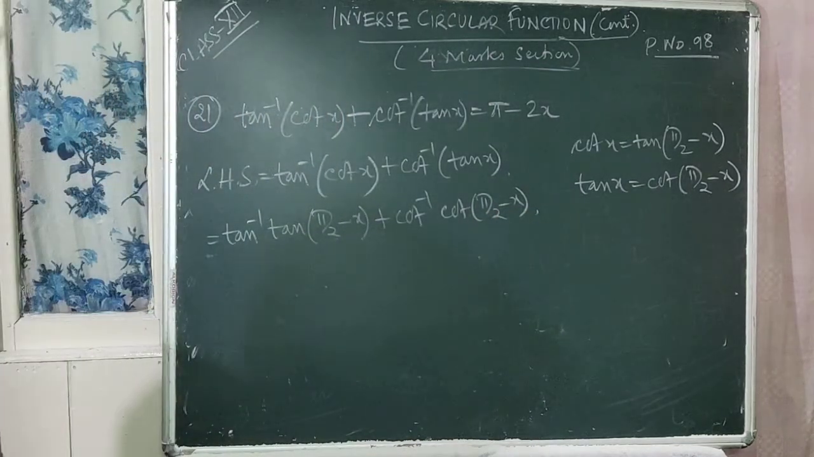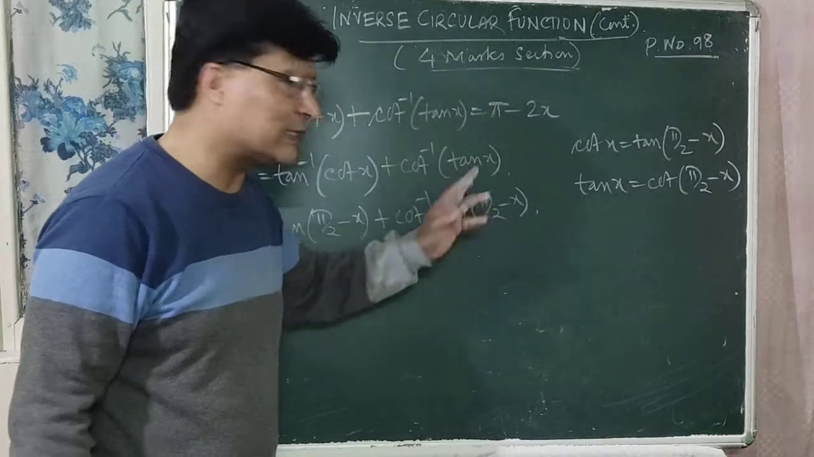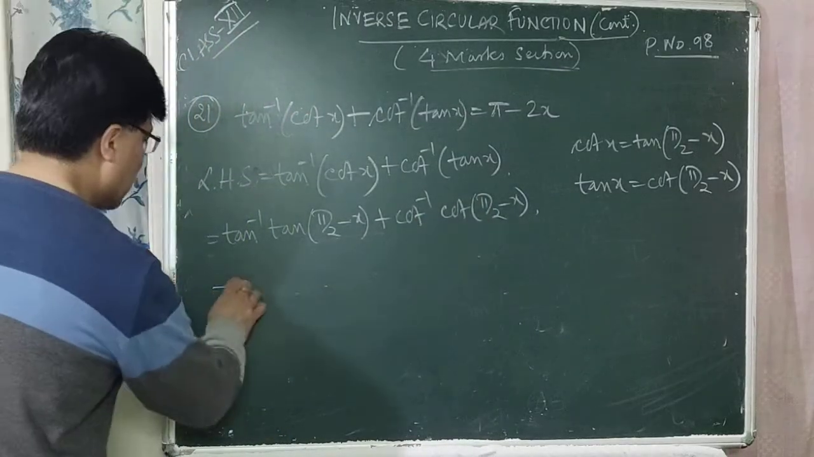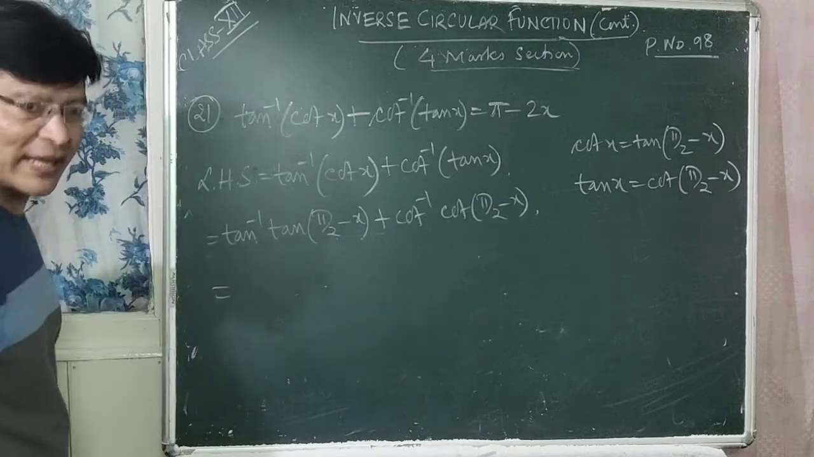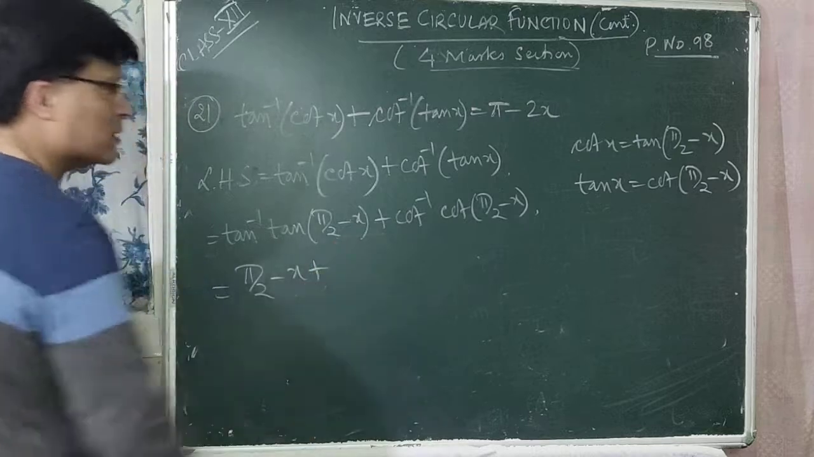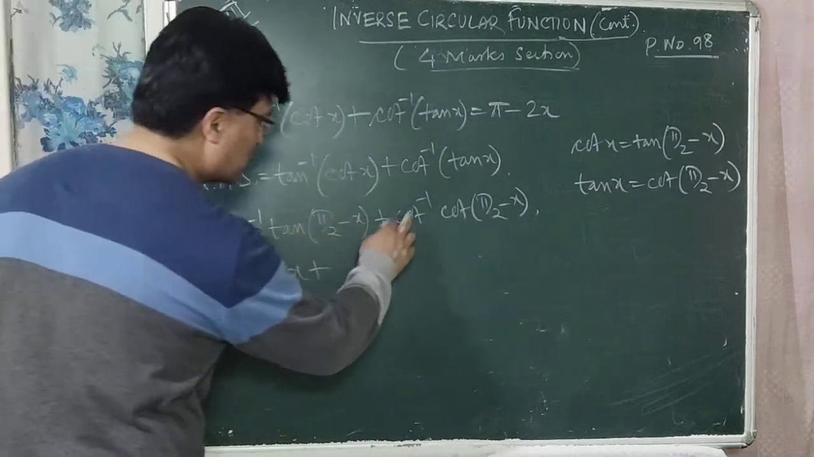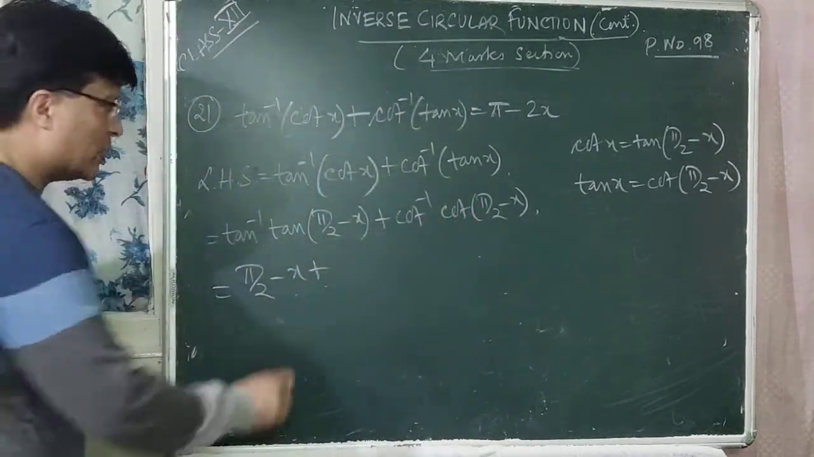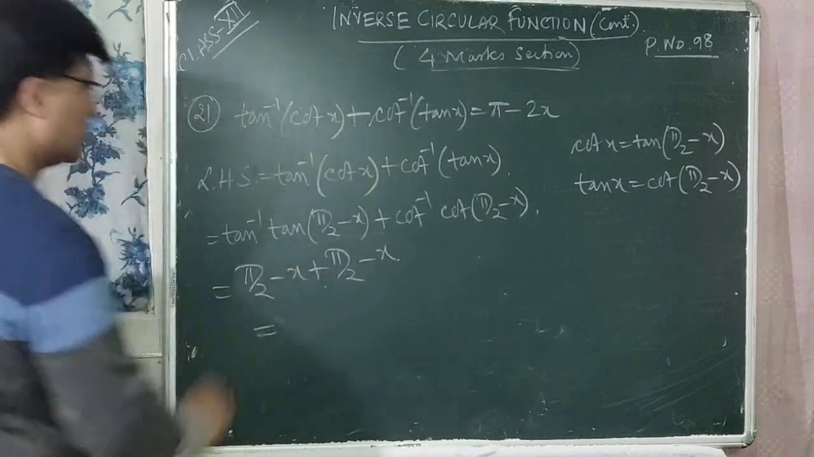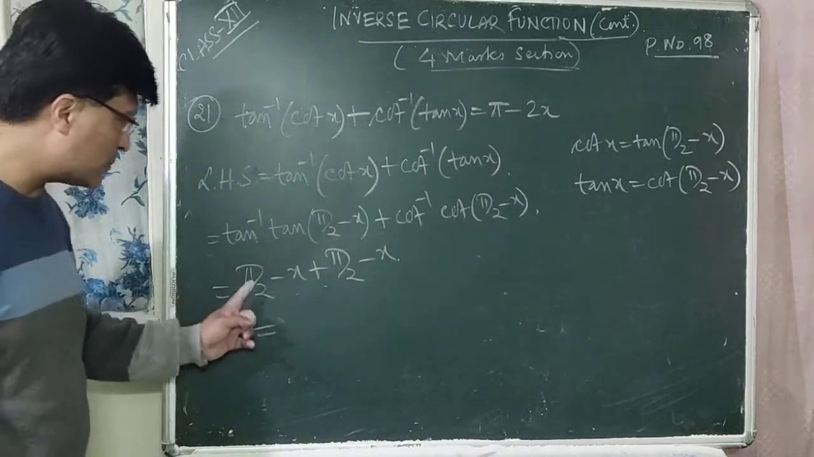Is that clear? So tan x is equal to cot of 90 minus x, that is pi by 2 minus x, right? So here, what is tan inverse tan x? But in this case, it is pi by 2 minus x. In this case also, what is cot inverse cot of pi by 2 minus x? It is also pi by 2 minus x, which is equal to, actually this is pi by 2 plus pi